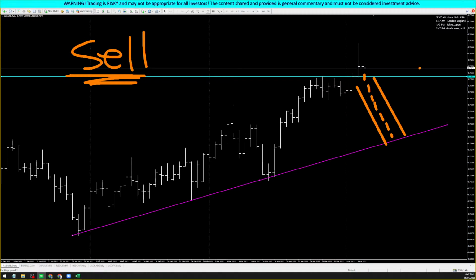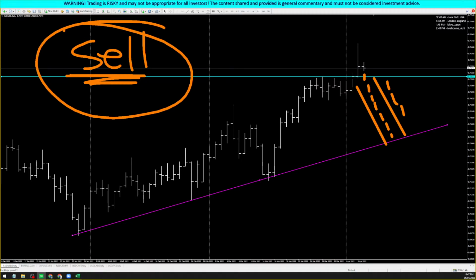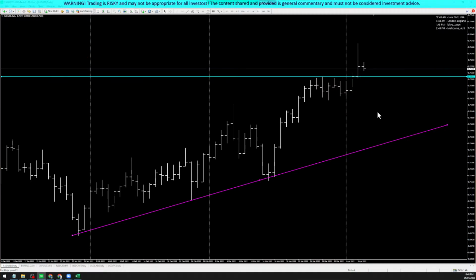Kung low yung probability na bumaba siya, then ayaw kong mag-sell kasi low probability yung sell, meaning low probability yung makapag-collect ako ng pips. Remember earlier? If we can collect pips, we can make money. So the probability of me collecting pips as it goes down, right, is low, so meaning low probability yung sell ko. So, anong gagawin ko ngayon kung low probability yung sell? Then I will create a trading plan. Okay? Doon na papasok yung trading plan natin.